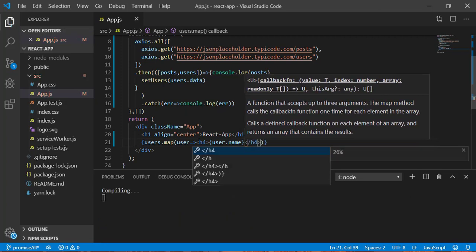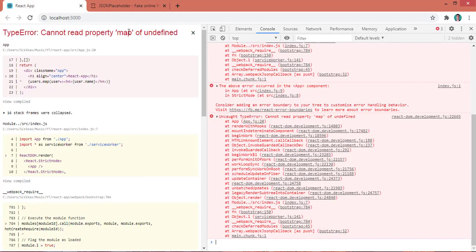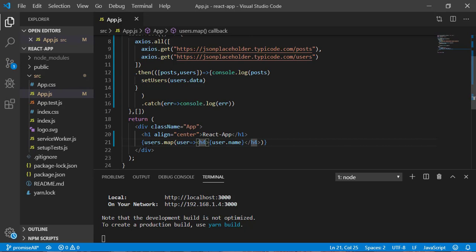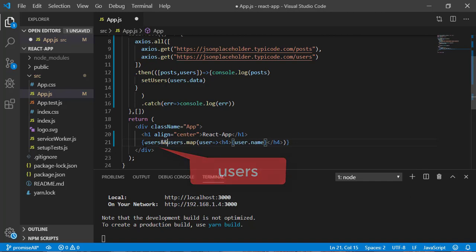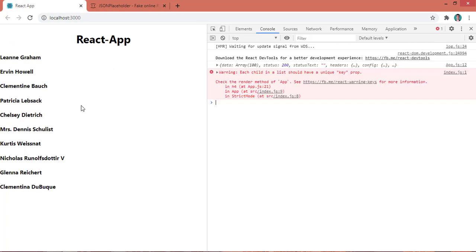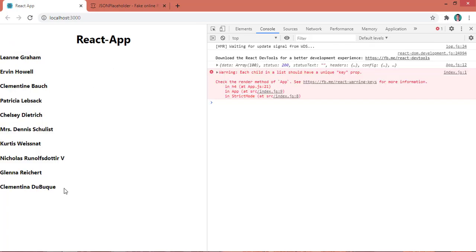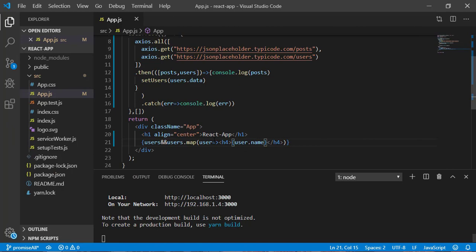Okay, now let's save and have a look. map is undefined because for the first time this value is null, so we need to write a condition, so that only if it is true, then it checks the map. Now you can see I am getting all the 10 data, and at the same time I have the posts as well. So if I want to, I can resolve the posts.